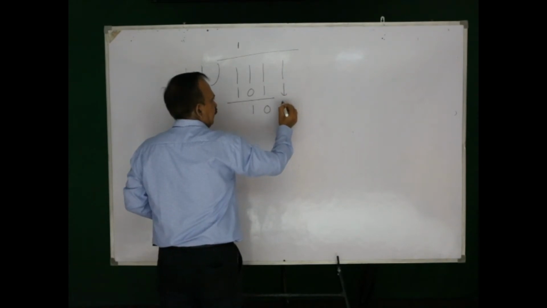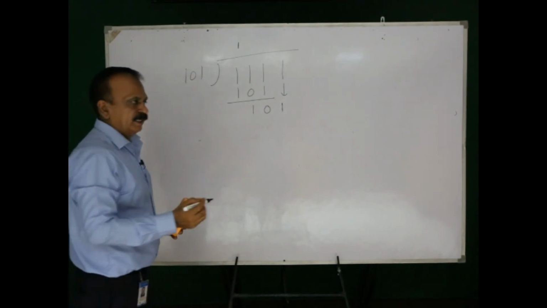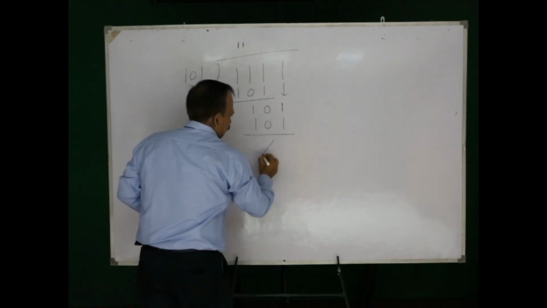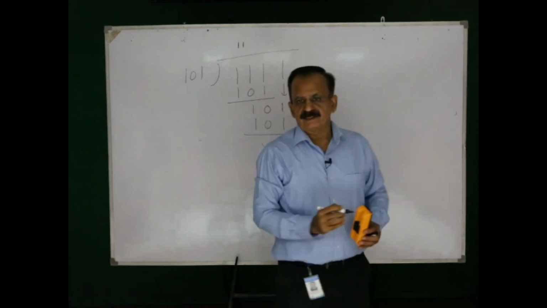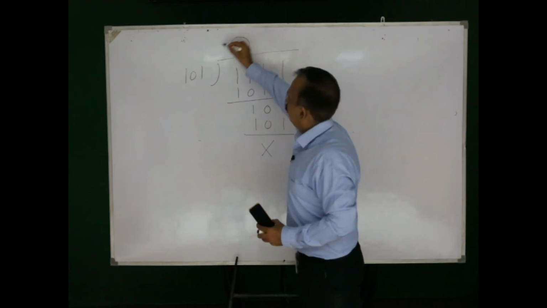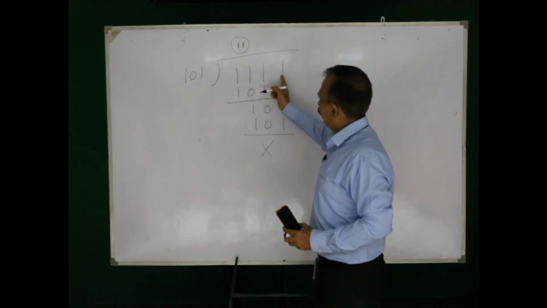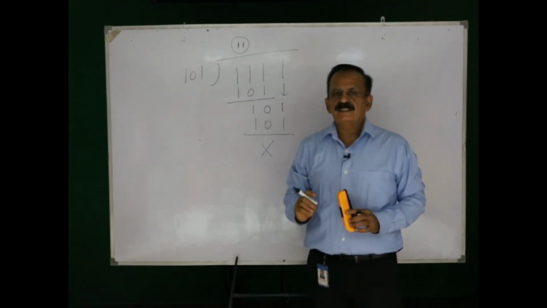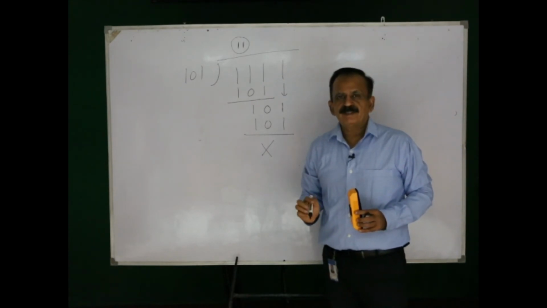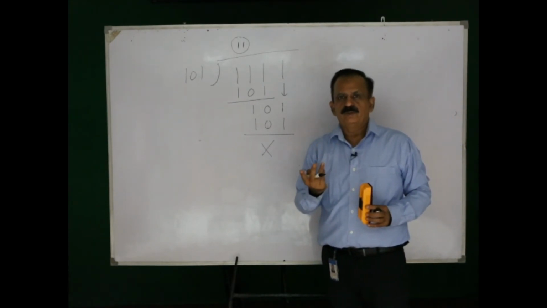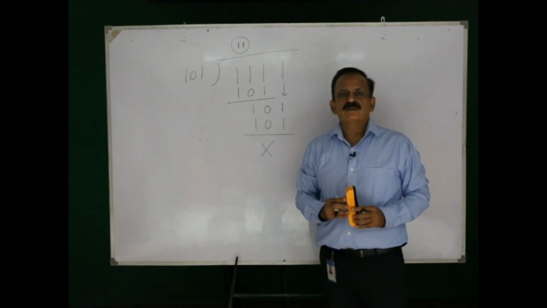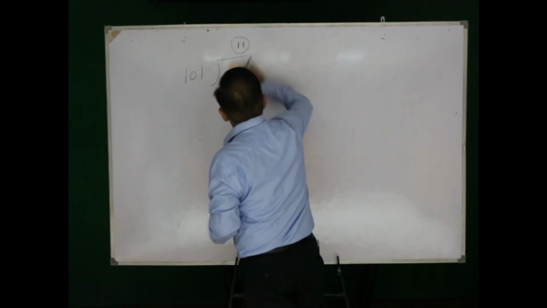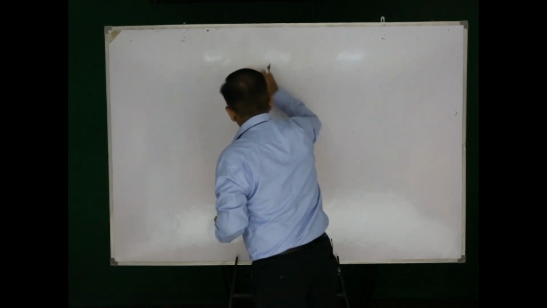I will be taking this one here. Now again it will be divided by 1 and it is 1 0 1 and remainder is going to be 0. Yes, this will be the quotient after dividing 1 1 1 1 with 1 0 1. Now I hope the process is very simple. We have to divide, but digits which we are considering are only 2, that is 1 and 0, because of the binary numbers.